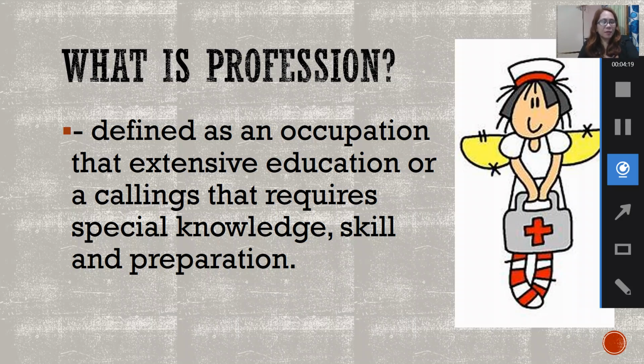Okay? So, sabi nga nila, it is a paid occupation, especially one that involves prolonged training and a formal qualification. Pag sinabi natin prolonged training, yun na nga, nag-train kayo, 4 years kayo nag-aral, and after that, iti-train pa kayo ng hospital. And kapag mas marami ka pang trainings, more experience, or nag-aral ka pa after ka pumasa sa board exam, nag-master's degree ka, or kumuha ka ng doctoral degree, mas lalong tataas ang iyong compensation. Okay?